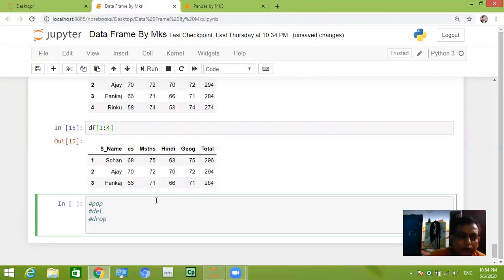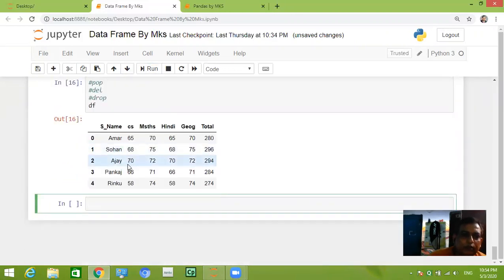So first we'll display this full data frame. Our data frame is this one. Suppose we want to delete the CS subject. So what will we write? We will write df.pop('CS').